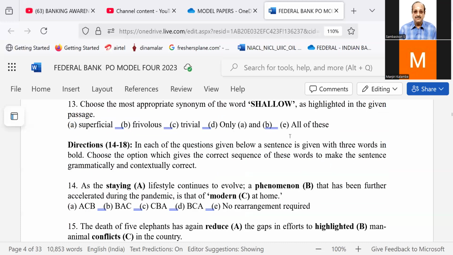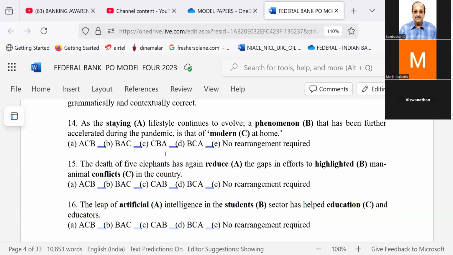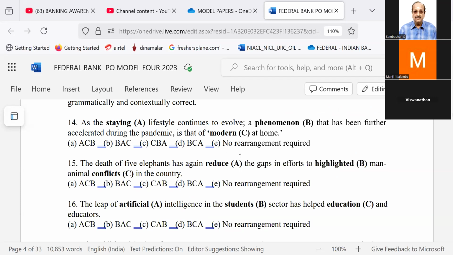Then after comprehension is over, you may have nowadays this type of questions. A sentence will be framed with wrong placement of words, or sometimes the placement of words is correct. You will have to find out which placement will fit in for this one. If you watch the videos posted yesterday, day before yesterday, you will know it.